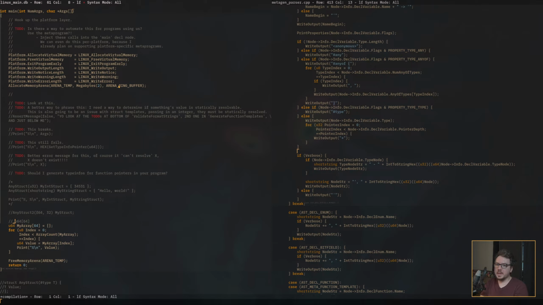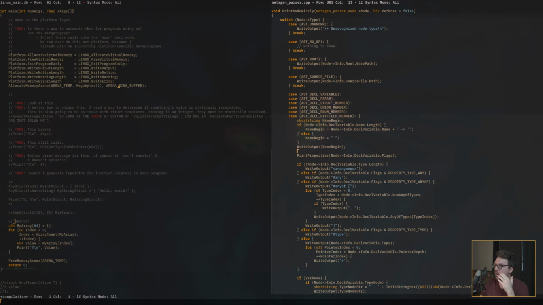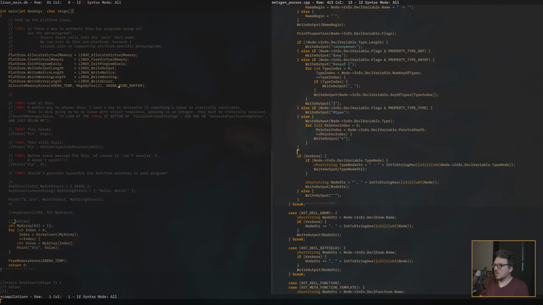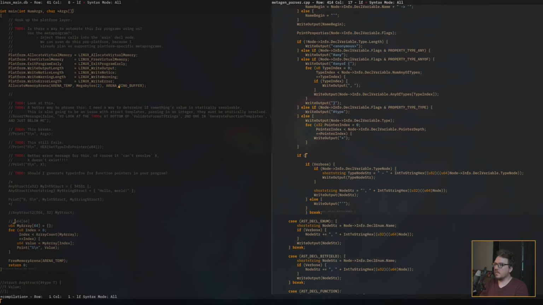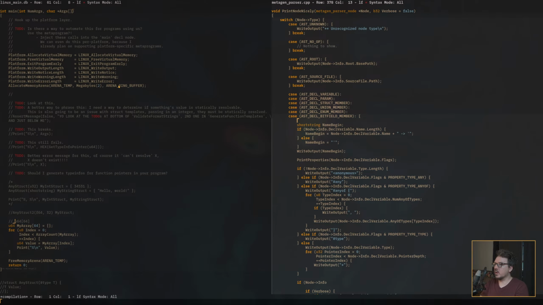But instead of this being baked into the type string now, we're getting it more robustly via data on the node. So that is here. So after we print out all of this stuff, we can say if info, you know what, we're using this whole time. We know this is a variable decl, so